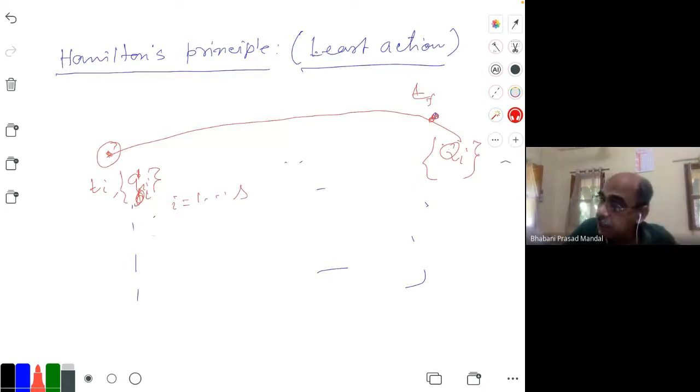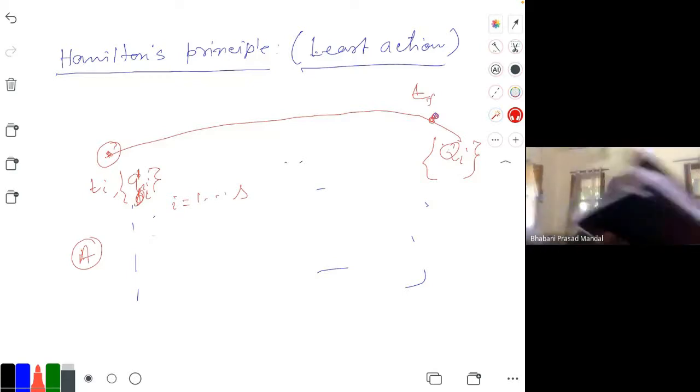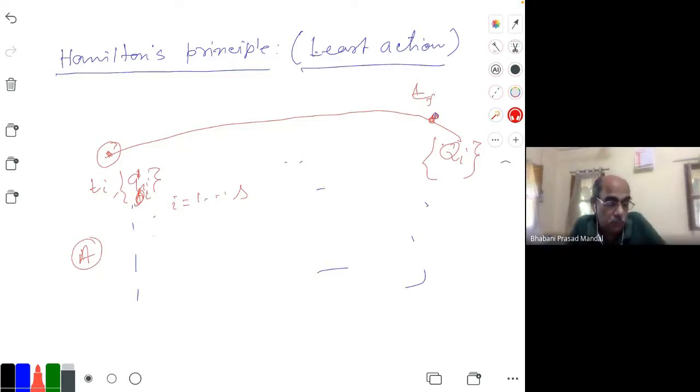The statement is that the system will evolve from this point to this point. So how do you know that? For that, it has two parts. Part A. Let me write the Hamilton's principle statement because it is important. The first part says: every mechanical system